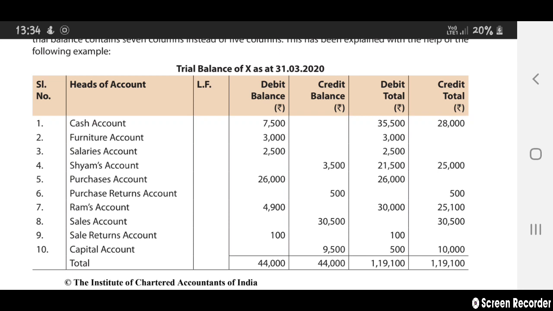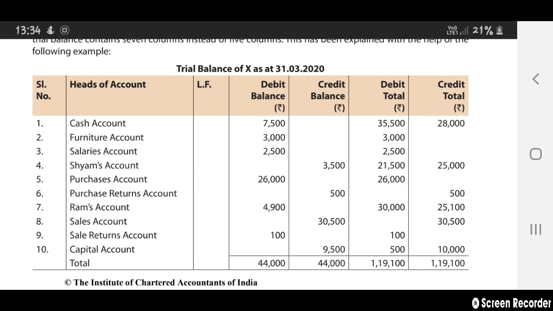So debit balance you have 3,000, no credit balance, for the transactions you are doing to your furniture account. Debit total you are doing 3,000, no transaction has been done to your credit total. Okay, salaries account debit balance is 2,500, no credit balance, debit total 2,500, no credit total. Next, Shyam's account, no debit balance. Credit balance 3,500. Debit total 21,500. Credit total